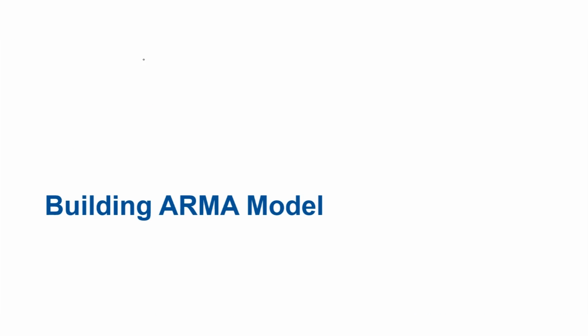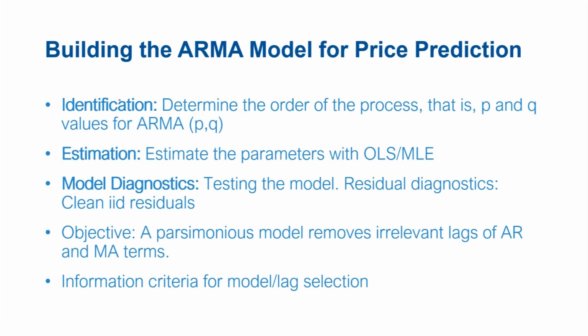In this video, we'll introduce building and estimating the ARMA class of models. Starting with the ARMA model, the first step is identification of the ARMA process. That means understanding what is the order of AR and MA terms, P and Q, order of the AR process and order of the MA process. Once you understand the structure and order of the model, then the second step is estimation of